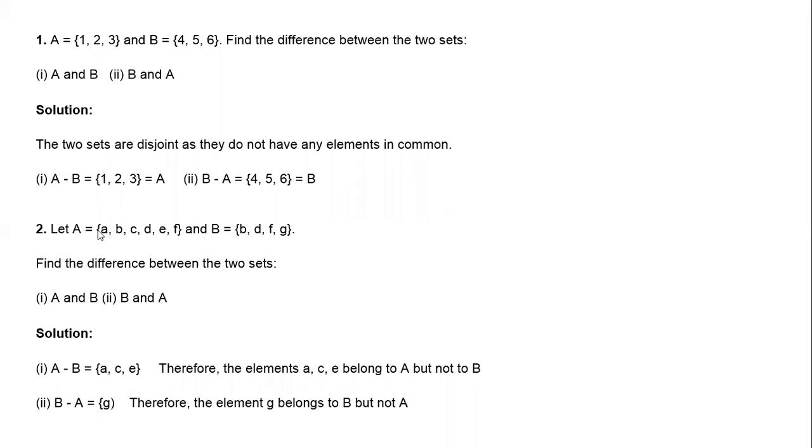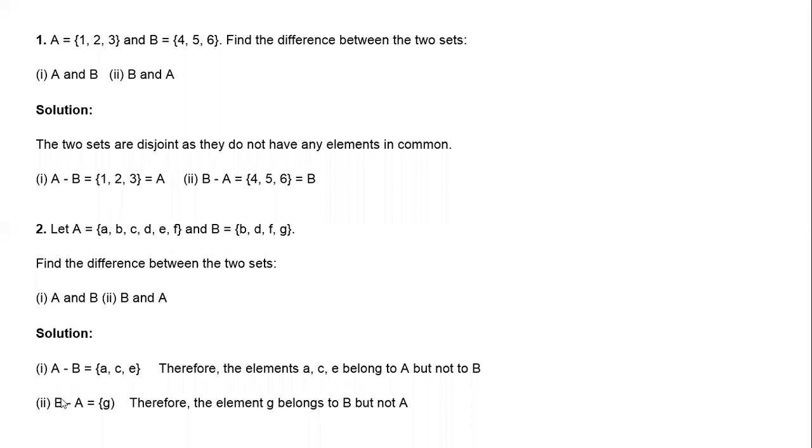Hello, ma'am. Are these two disjoint or not disjoint now, in example 2? Not disjoint, ma'am. These two are not disjoint. Now, what is A minus B? Whichever elements of A are present in B, you should not consider. Only the elements of A which are not common to B should be written in A minus B. Now see here, B, D, F are common to B also. You should not consider B, D, F. You should consider only A, C, E.